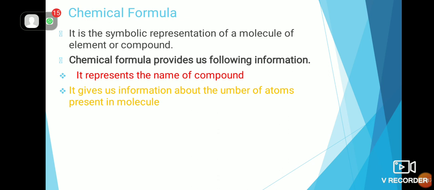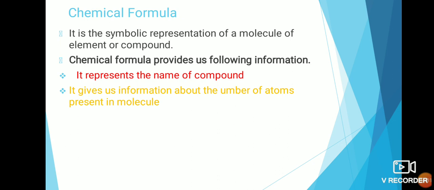Now if you have heard the examples very clearly, when I am using a chemical formula, I am also representing the number of atoms present in that molecule. For example, in sodium chloride, we have one atom of sodium and one atom of chlorine. Similarly, in the molecular formula of water, water consists of 2 atoms of hydrogen and 1 atom of oxygen. Similarly, in ammonia, the molecular formula is NH3. That means it has 1 atom of nitrogen and 3 atoms of hydrogen.